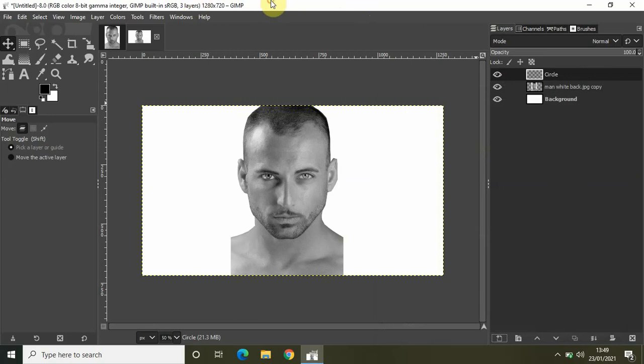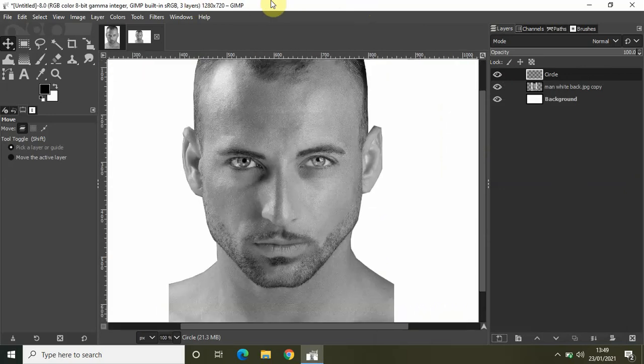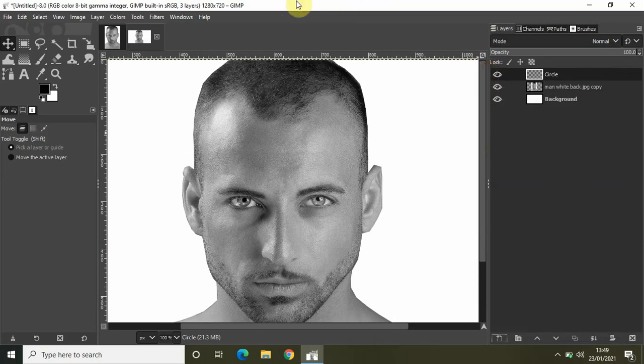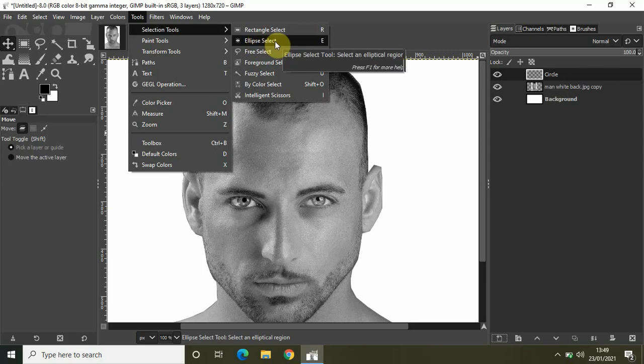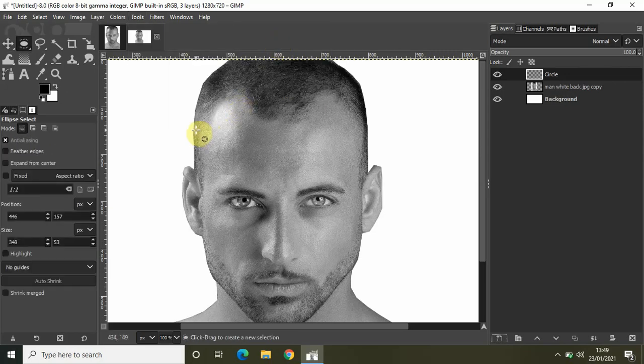So let's zoom in a little bit, and now let's go to Tools, Selection Tools, select Ellipse Select, and you need to create a perfect ellipse selection and make sure that the ends on the left hand side and on the right hand side touch the edges of the person perfectly.